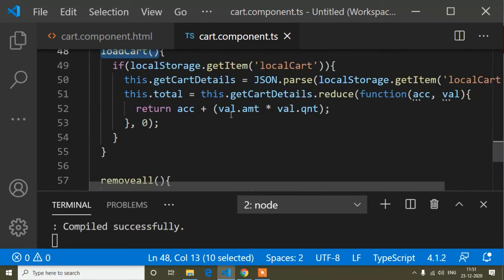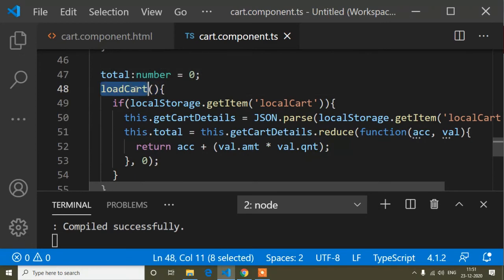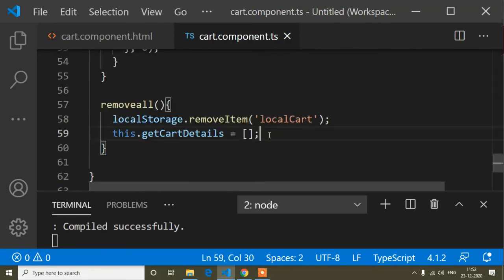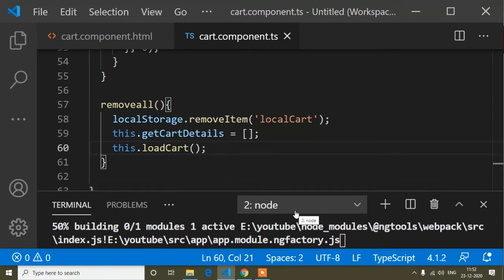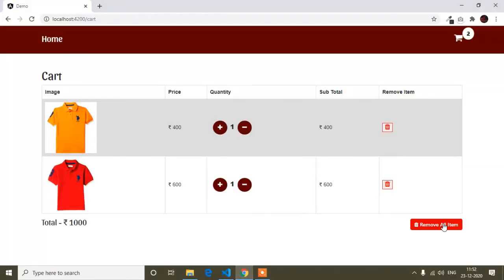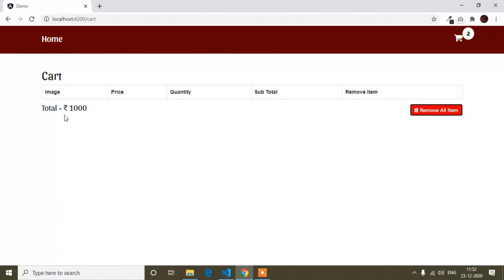If I use this loadCart method as a callback function, then when it is removed, this total will be removed. So save, and now I will check in the browser whether it's working perfectly or not. It's refreshing, and if I click this remove all item button, it's not working properly.